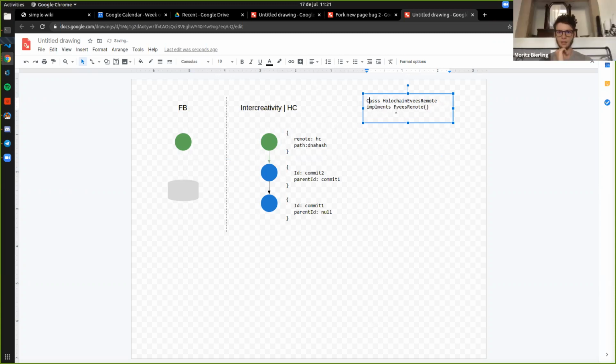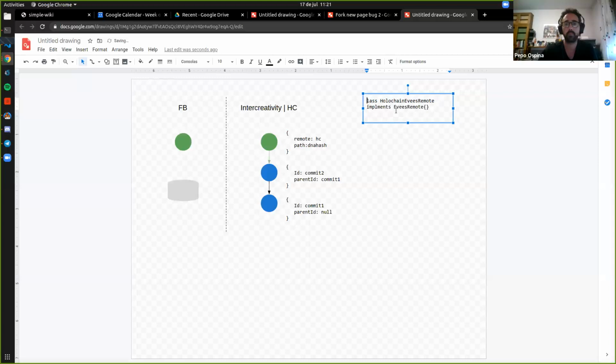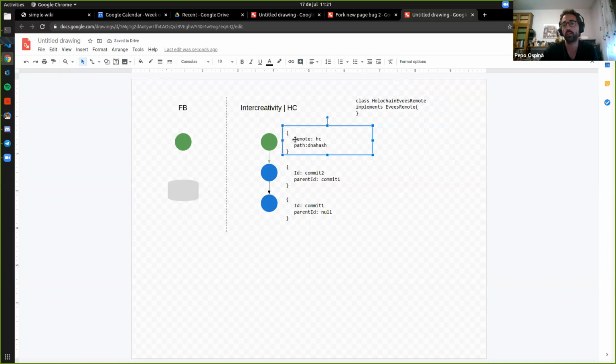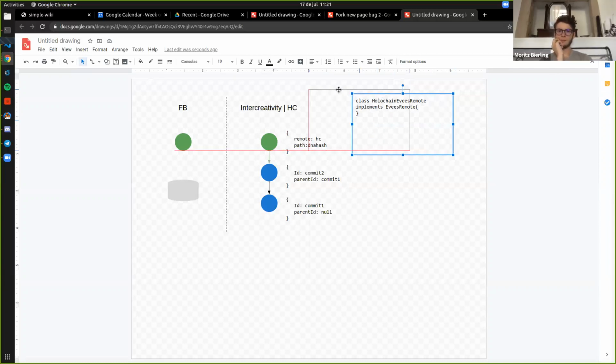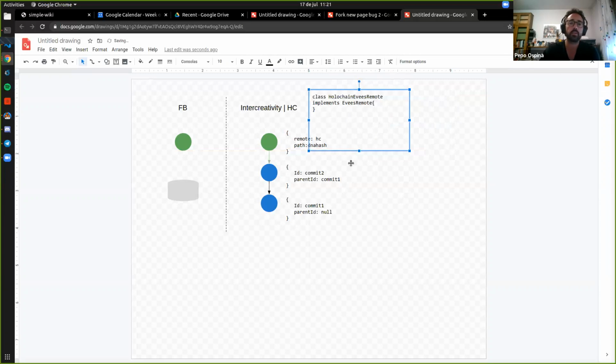I think it's a class, yeah. So this piece of code is implemented in the front end, and if you follow an interface, you will be able to handle that mutable reference with that. Right. So a remote is a combination of the JavaScript class and the storage layer technology.